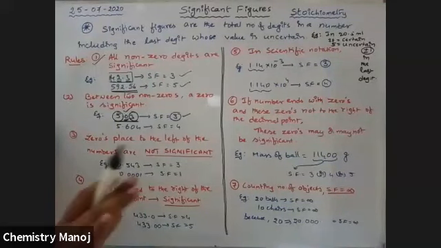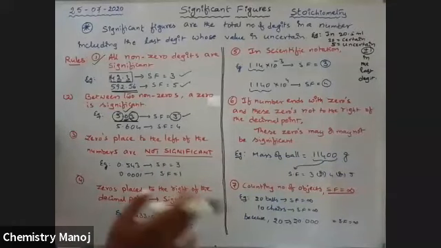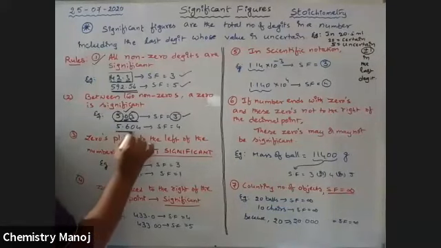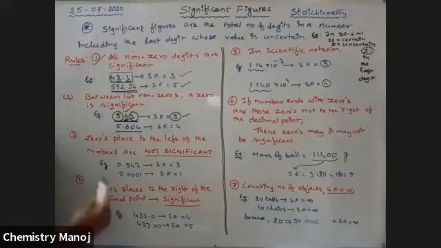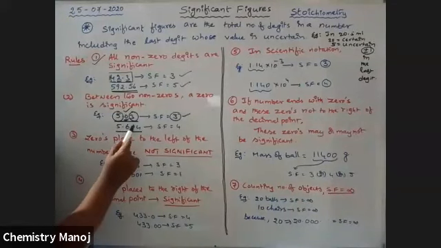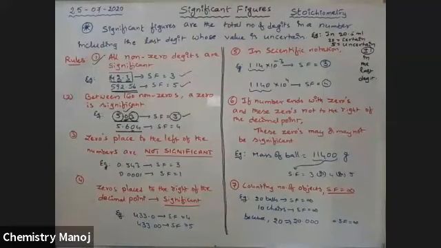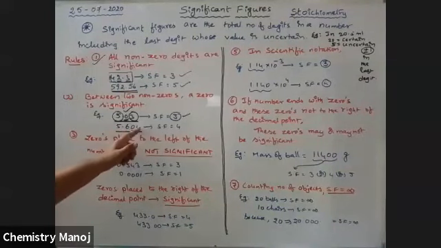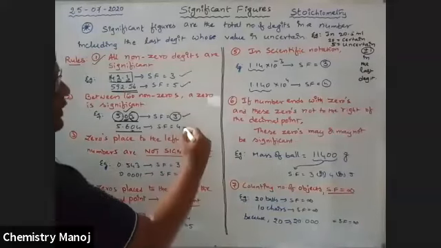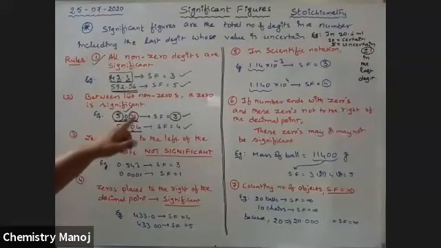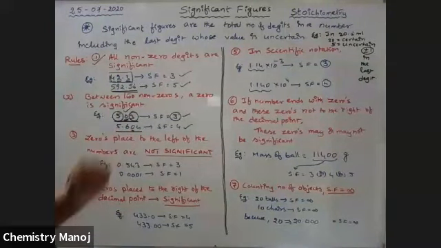So these are the rules, boys. Please try to remember them. I will give some examples after completion of these rules. Okay, so next, here, 5.604. Here is a zero, boys. This zero is in between 6 and 4. That is why this zero is considered. Therefore, 1, 2, 3, 4. A total of 4 digits are there. Therefore, the significant figure count is 4. So all non-zero digits are significant. Zeros between two non-zeros are significant.